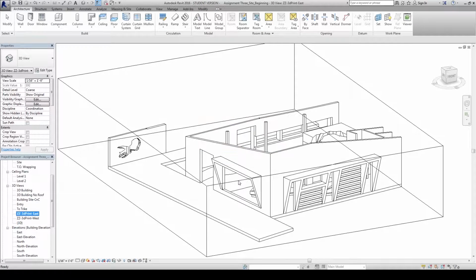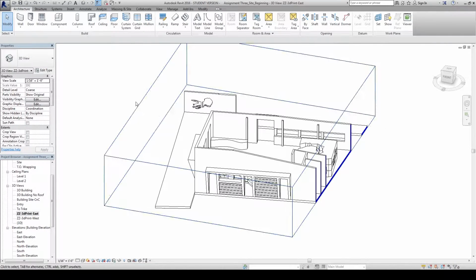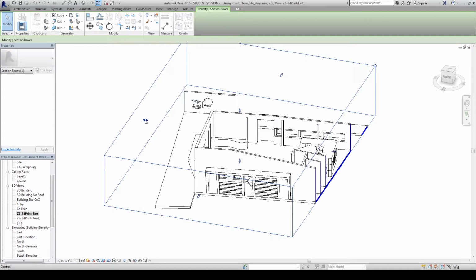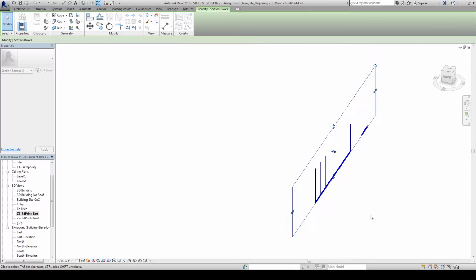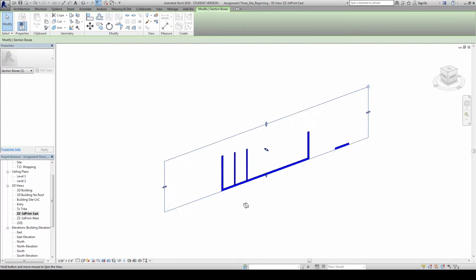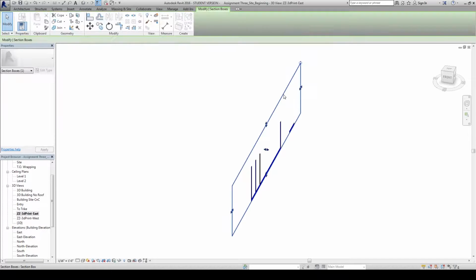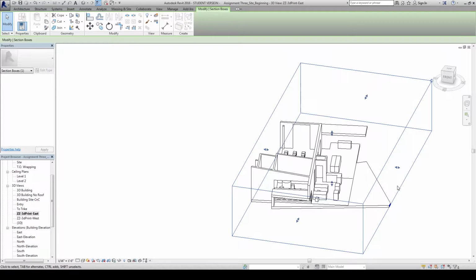So I'm duplicating my view, and I'm simply going to name the next piece East. I always want to maintain these views. I don't want to lose one of my views that I'm creating. I want to be able to go back to them. And what I'm doing next is I'm sliding the section box all the way down to where I essentially have a two-dimensional section. I'm deselecting and reselecting the section box, and now I'm going to pull that section box out